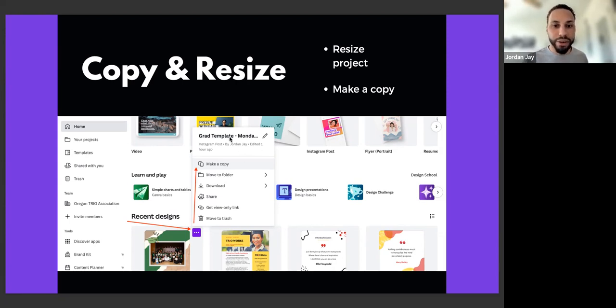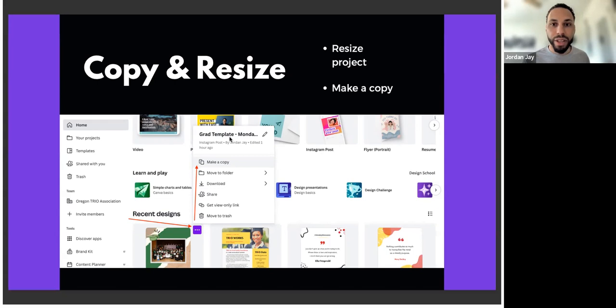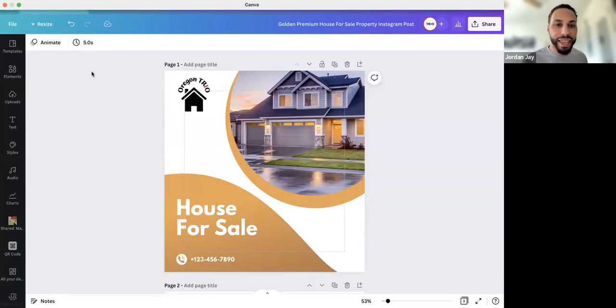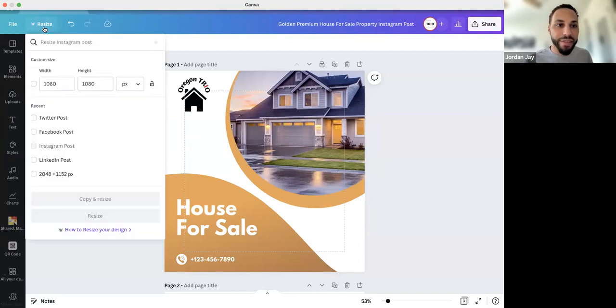Resizing is also a really crucial tool, although I believe it is exclusively for the pro. There are other ways that you can resize without the shortcut. You could create a new post.